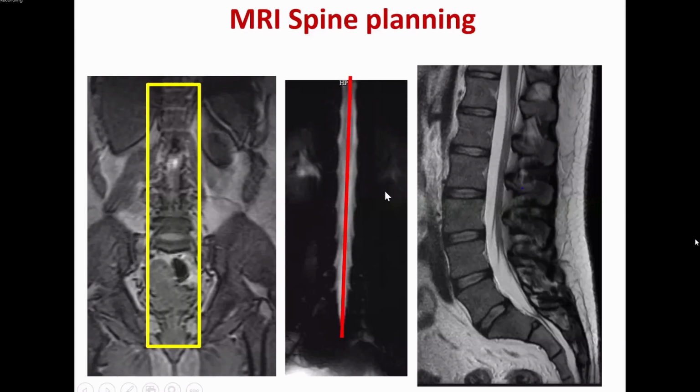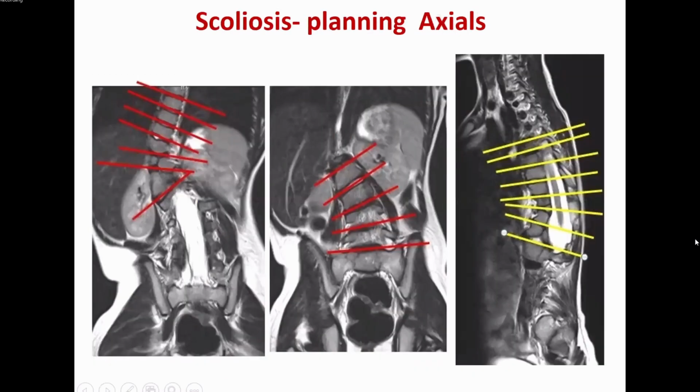Okay, a slight modification in the lumbar spine, scoliosis and kyphosis imaging. For that, you need to give exact images, the level of the pathologies. So that is very, very important how you plan your axials. Generally, we plan axials on your sagittal image, right?